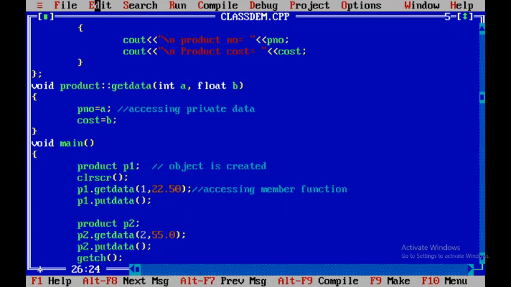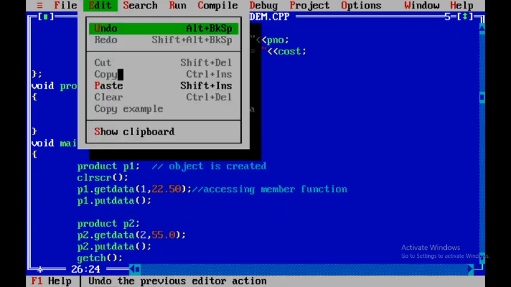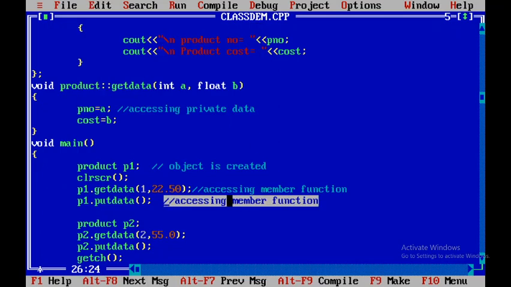This is again access for the member function. We are calling putData here. When putData gets executed, it will display the values of the product number and the product cost.